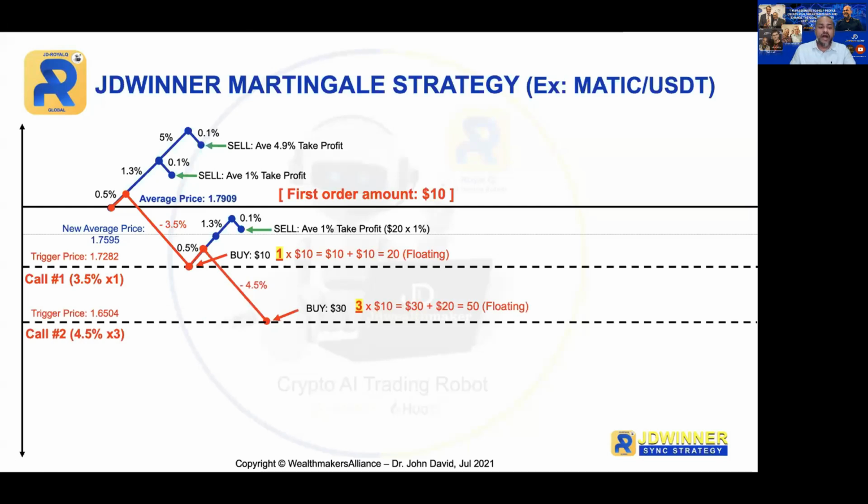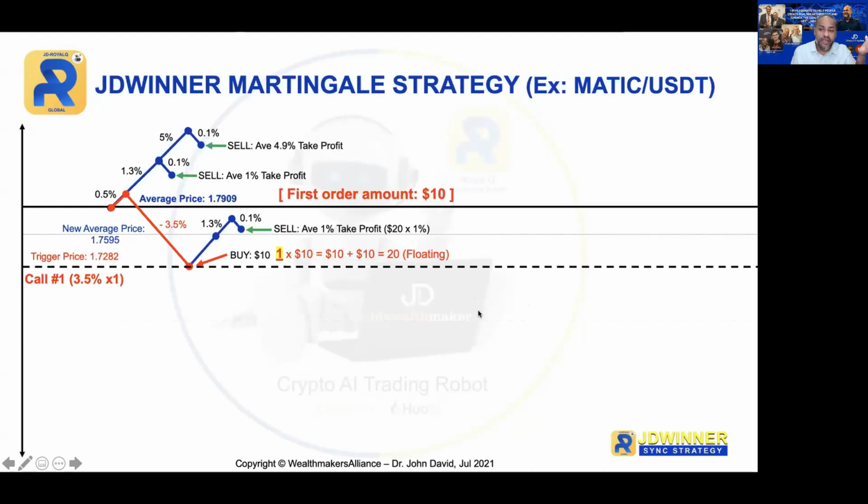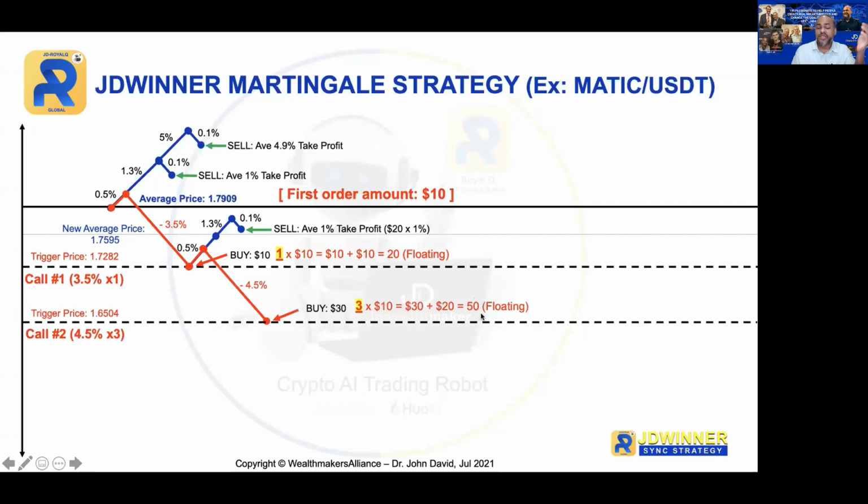And if the market drops further by 4.5%, it will hit the second call. Now, at the second call, the multiply will be 3, right? So 3 times 10 will be $30. 30 plus 20, that will be $50 now. Okay, floating. Can you see that? So $50 floating. Now, in the event the market actually rebounds and hits 1.3% from the new